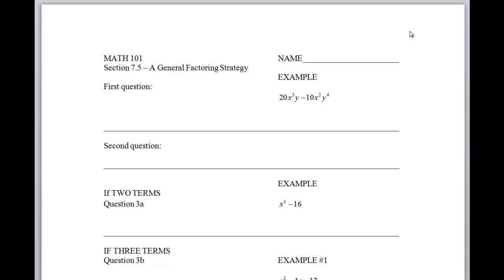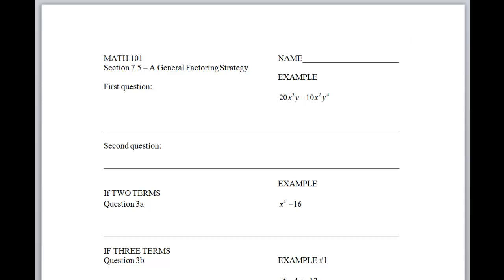All right, so we now have learned every way to factor that you're going to do in this kind of chapter. Now the big question becomes, if all of them are thrown at you at once, what are you going to do? The first question that you should ask yourself, no matter what,